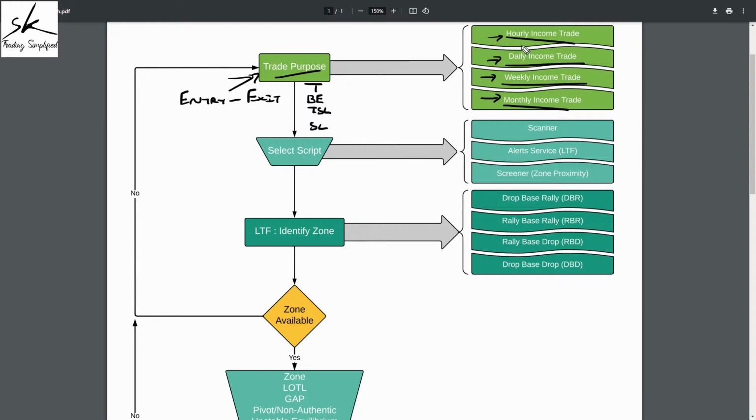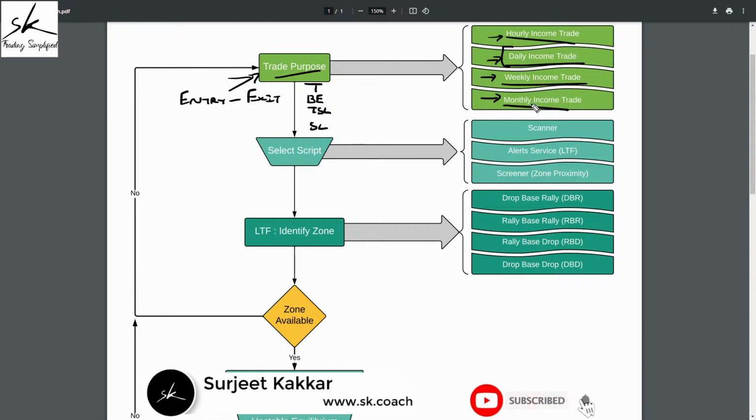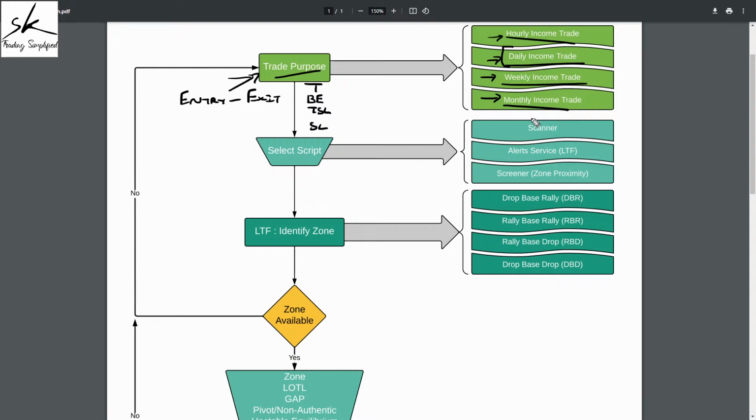Now, by definition, I said daily income is a trade which can last for a day or a few days. But if you're trading markets which are not 24-hour markets, then I'm pretty sure all of you would have experienced that whenever the market opens, some symbols gap up, some symbols gap down. Because of this, if you get a gap in your favor, you might get a profit bigger than what you were expecting on that trade. But if you get a gap against you, you can also lose more than what you were willing to lose on that trade. So we understand that whenever we hold a position overnight, we have that gap risk involved,